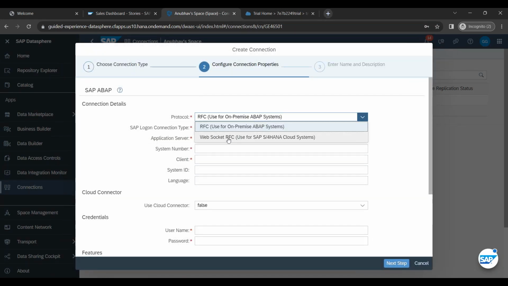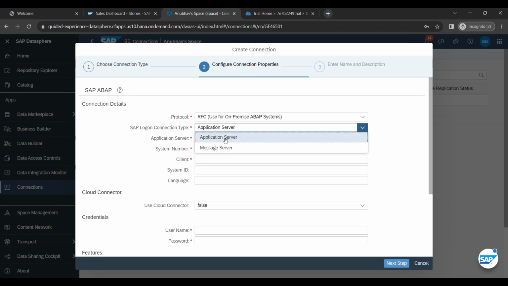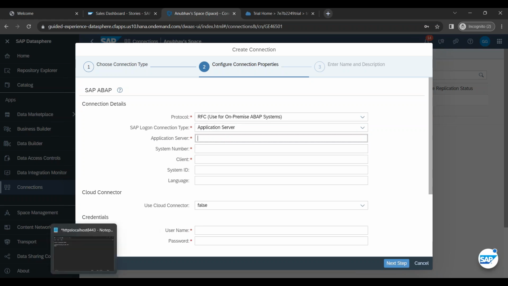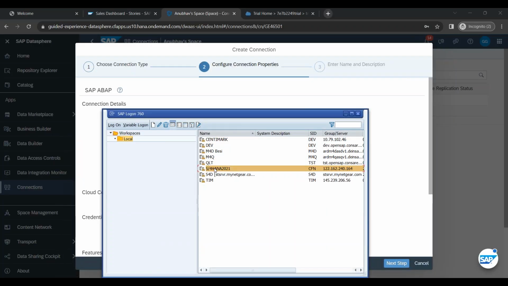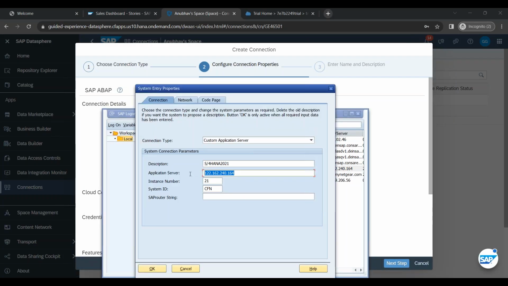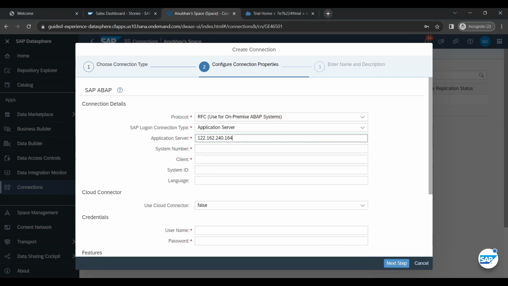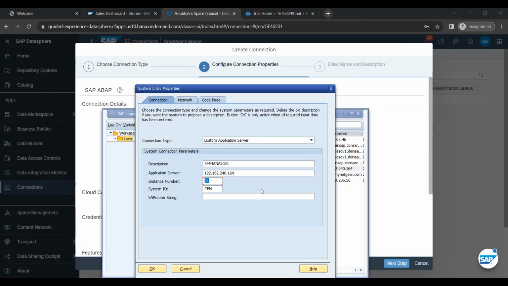And now you can choose whether you want WebSocket connectivity or RFC based connectivity. So I'll want RFC based. I will provide my application server address. So here you will provide your application server address, system number, client and system ID. All this information you can get from your SAP logon. So you go to your SAP logon, right click and say properties, and you can copy this here, system number,